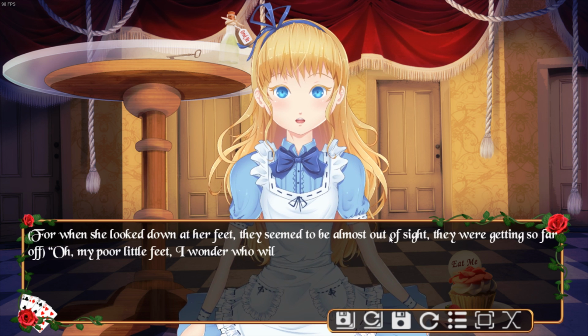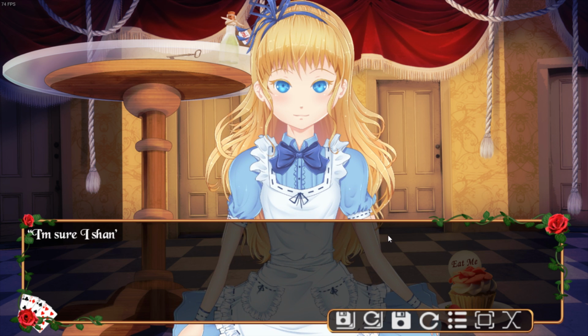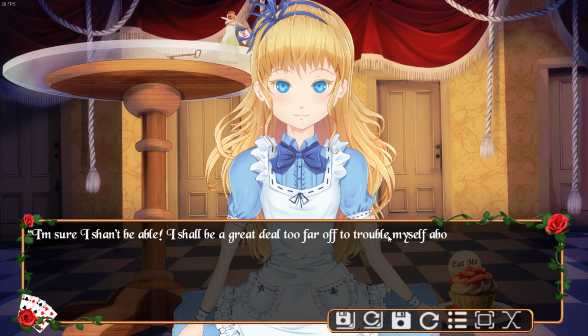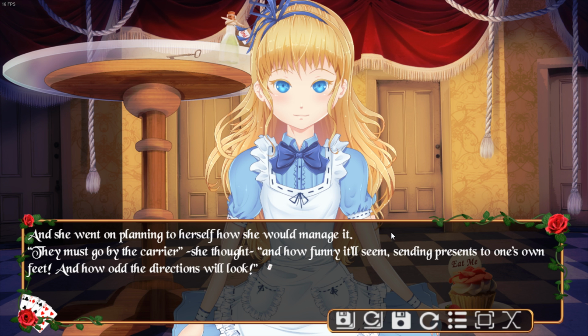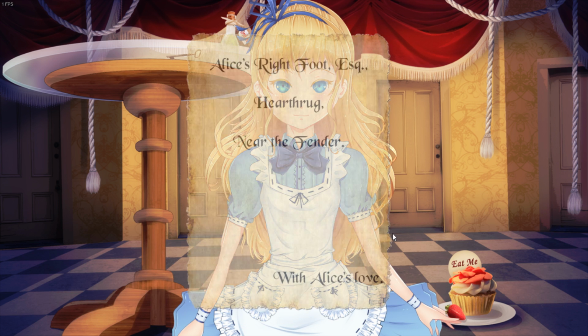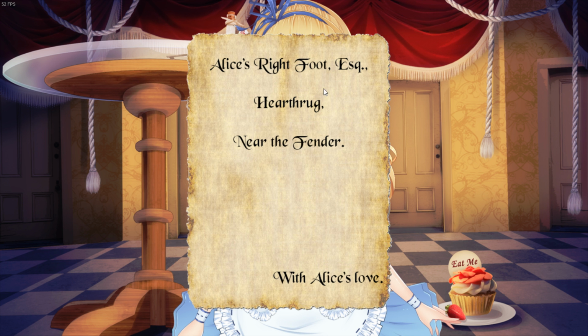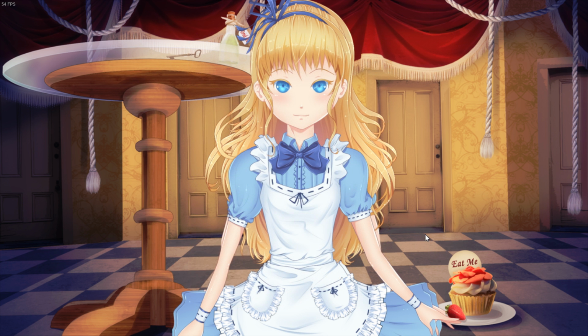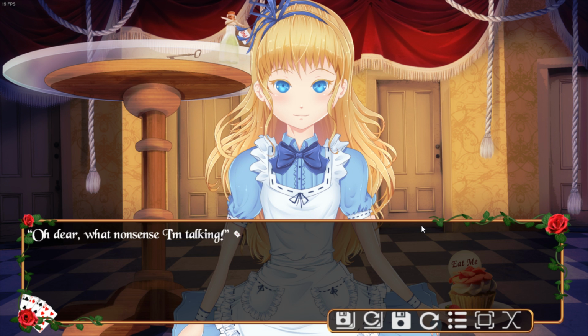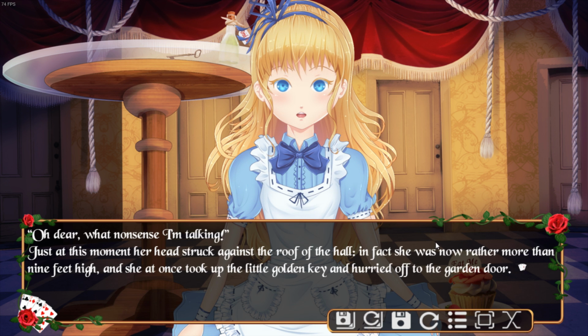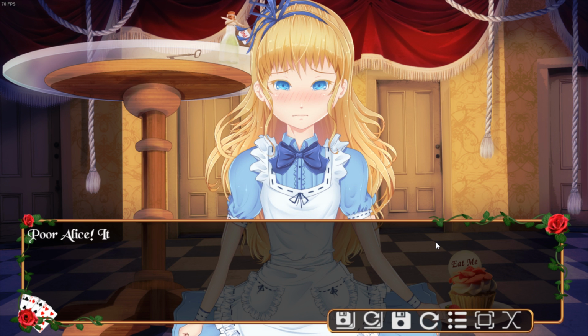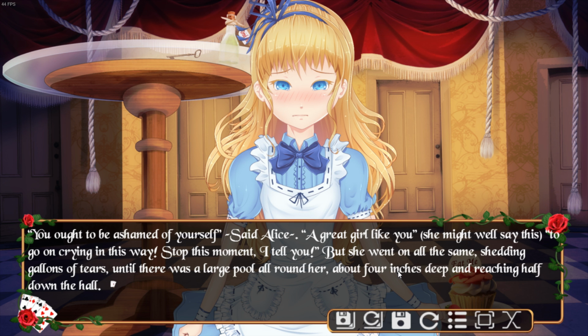So the main appeal of this game is if you're going to read this book anyway, it certainly is a better experience to play a visual novel instead. You get some very nice graphics, a little bit of animations. And it's certainly more appealing to read in these little text boxes, at least in my opinion, and to see the little characters and their little facial expressions.